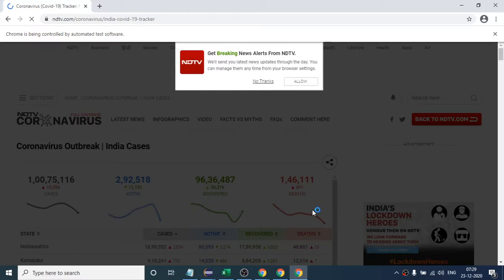Once the website loads completely, it will click on no thanks, and after that we should see all the cases which we have written the XPath for in our output.